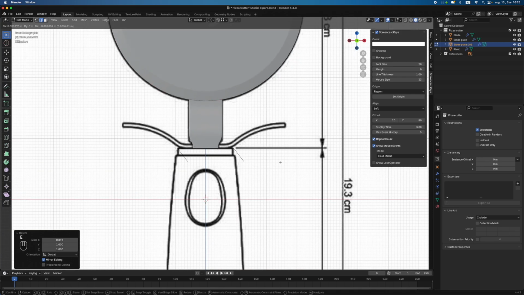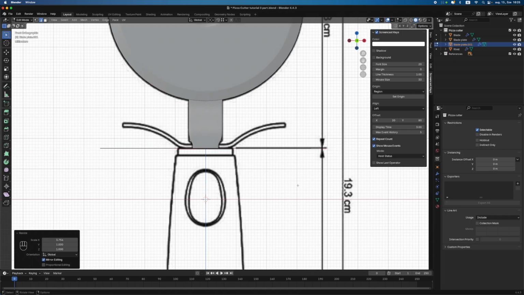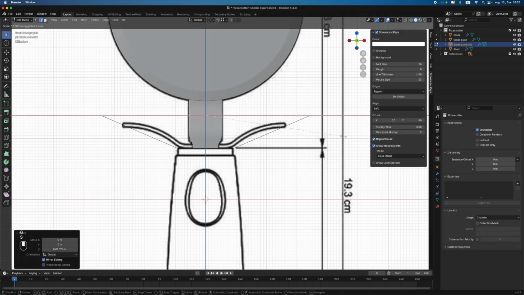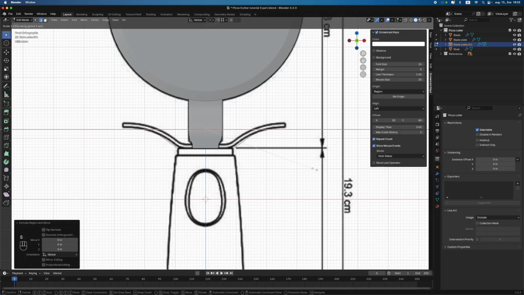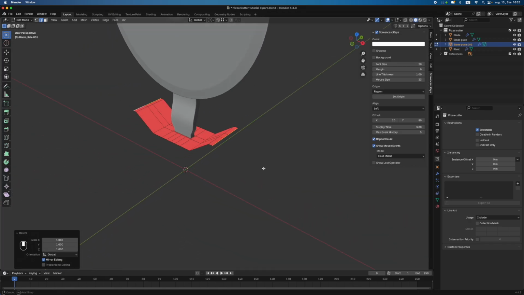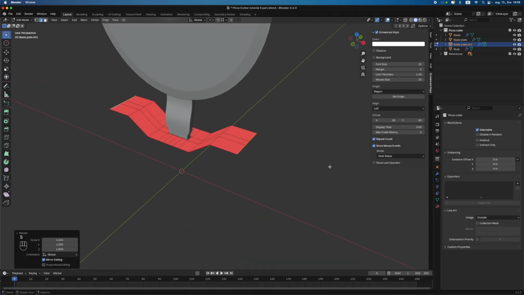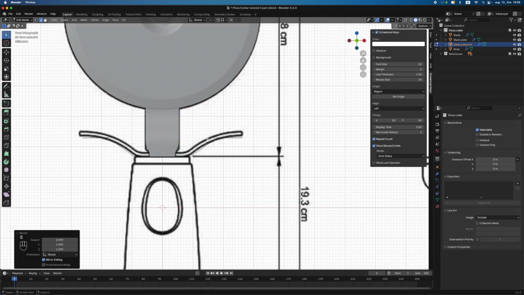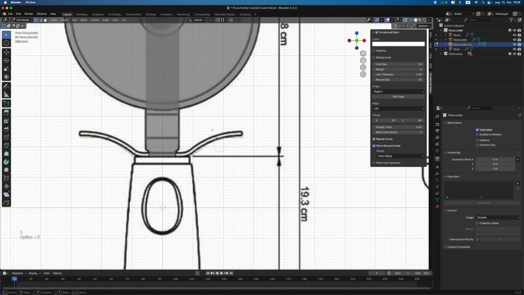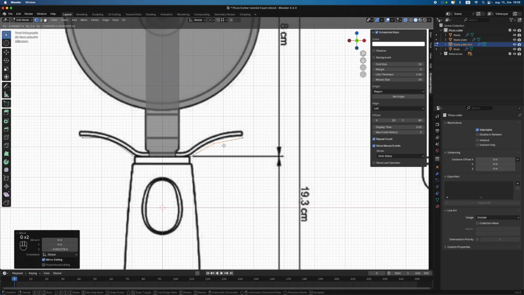Then you can extrude it again, scale it, and grab it somewhere to position, somewhere there, and then extrude again, scale on the x-axis. Of course it's not visible, but you can scale it there somewhere. Now I want to select these edges and bring it somewhere there,